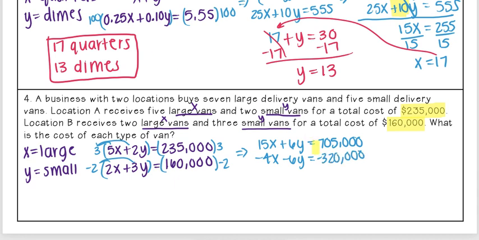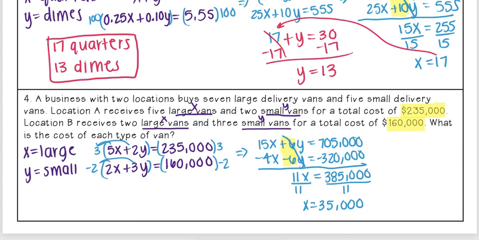And so now I have those opposite coefficients like I want. So now when I add them, my y's cancel out. 15x minus 4x, I get 11x. 705,000 minus 320,000 is 385,000. And then when I divide both sides by 11, I get that x is equal to 35,000. So I got my x value. I know how much the large vans cost. Now I need to figure out how much the